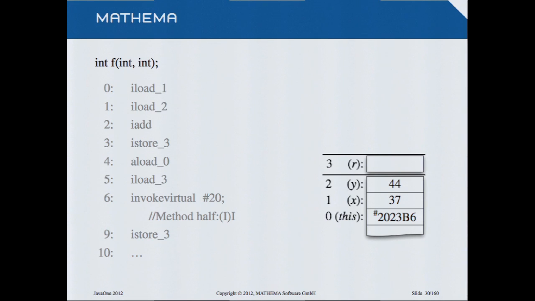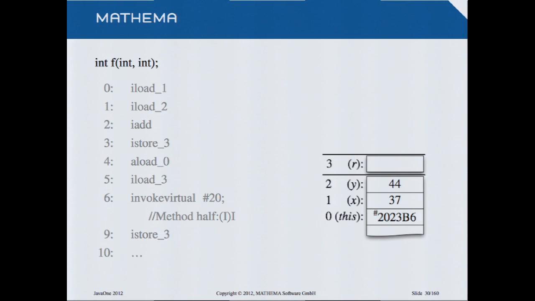So our stack is now accessible, and we can explicitly access the values 0, 1, 2, and 3. The 3 we know because we had one local variable r, and this local variable now is on top of the stack, and we can access it with the number 3. We can't do anything else. Everything else is just stacked. And we know that because every method has to give the information about how large the stack will be and how many local parameters I use. And the parameters from the function are treated as local parameters.